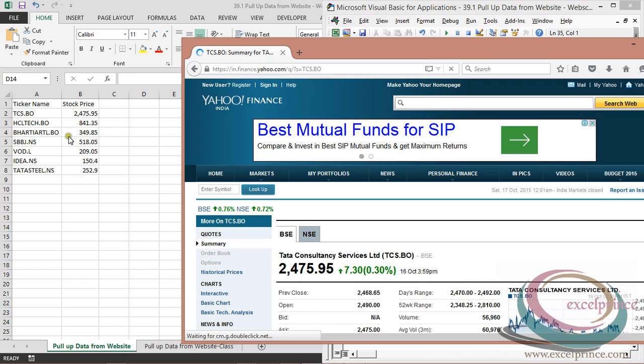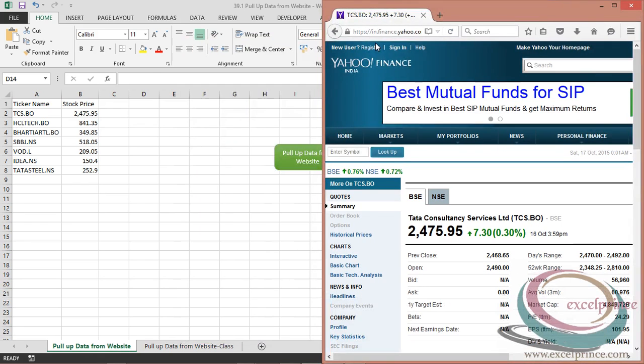If you see, we have a value 2475.95, which is this particular value, and it was extracted and pasted over there. But I want these values also to be picked up, like the title of that stock, the previous close, open, bid rate, and other fields.